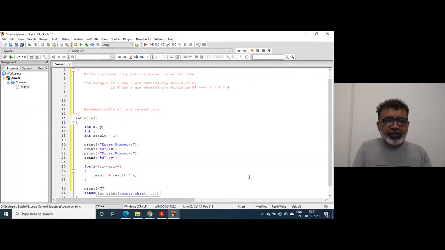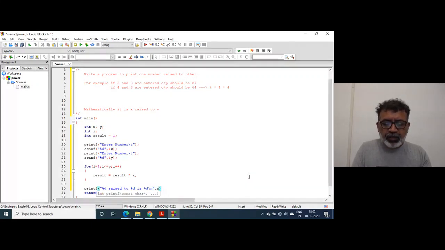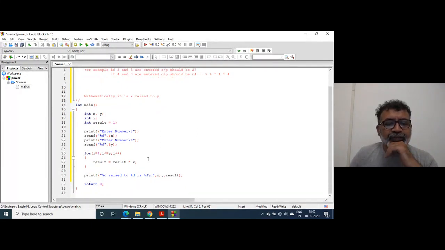Let me print here: percent d raised to percent d is percent d, x comma y comma result.